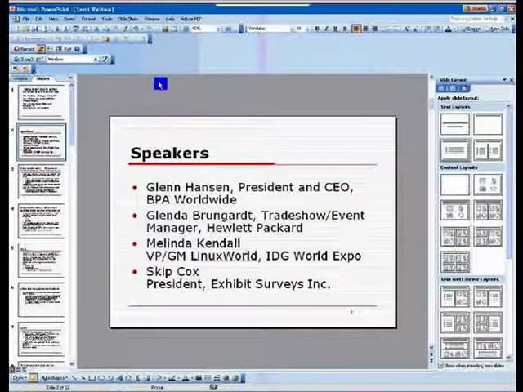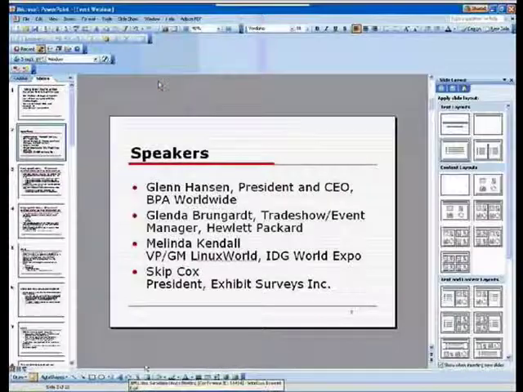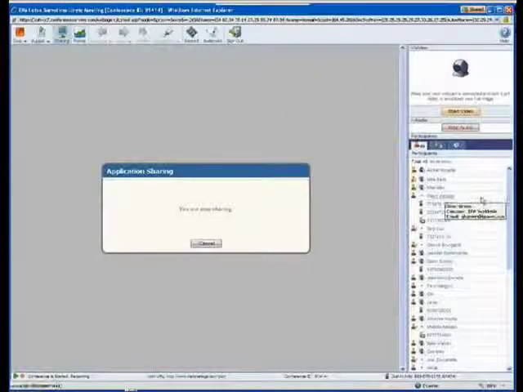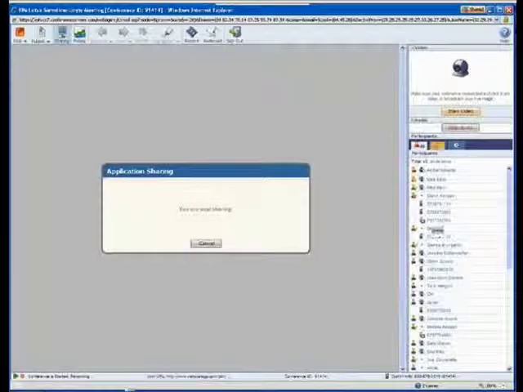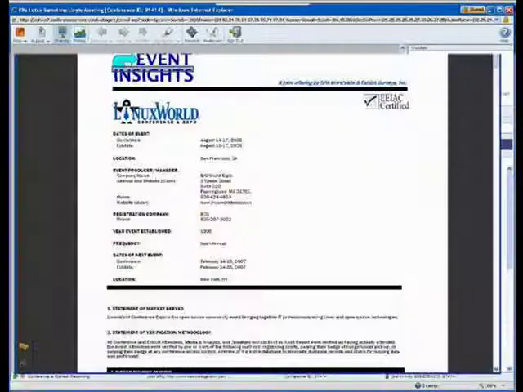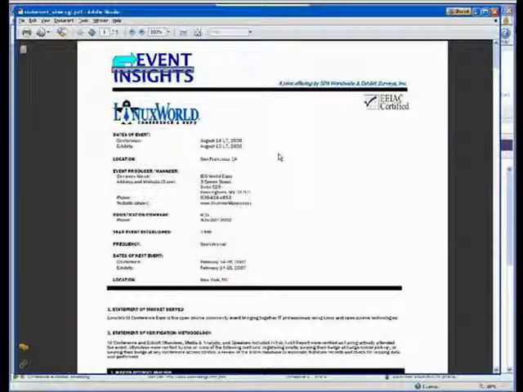What I'm going to do at the moment for my bit of this session is to take you through an actual audit and show you briefly the information that it would provide to an exhibitor. And then Glenda will speak to it from an exhibitor's point of view. And as this is an actual audit for one of Melinda's shows, Melinda will talk about from the perspective how the audit is used in marketing those services. And then to close up today's webinar, Skip Cox will tell us about a new tool that's available through SEER called the ROI Toolkit, and he'll brief you on how that can be effectively used by exhibitors in evaluating their